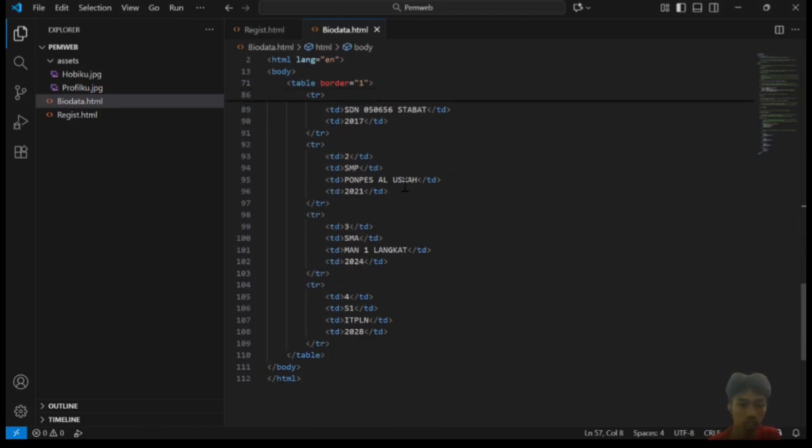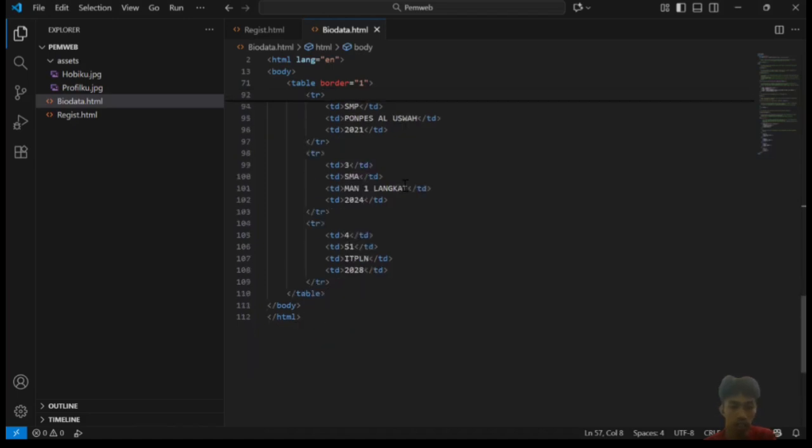After that, the subsequent rows are used to fill the table content with educational data according to those categories, such as education level, school name, and graduation year.